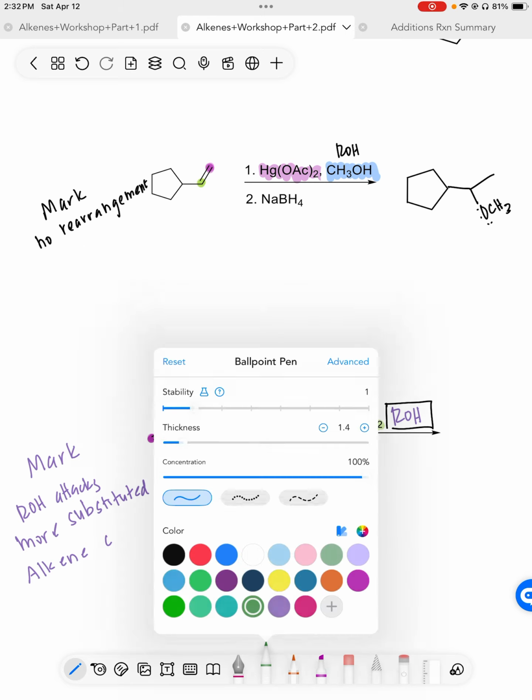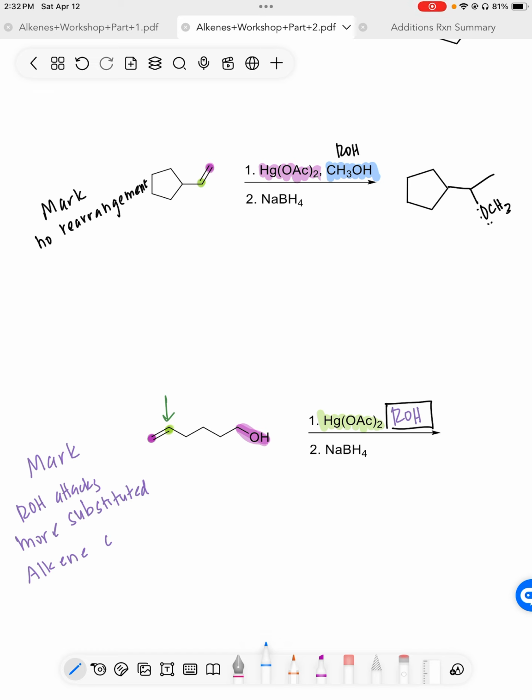So the way that you want to draw these is you want to, first of all, label all of the molecules that are going to be a part of the reaction. So we know that the alcohol, or the oxygen in the alcohol, is the thing that's doing the attacking. So we want to number that. Usually we just number our carbons, but we want to number the alcohol because it's going to be taking these electrons and attaching them to this carbon, the more substituted carbon right there. Okay, so we're going to label that 1, this carbon 2, 3, 4, 5, and the important carbon here is